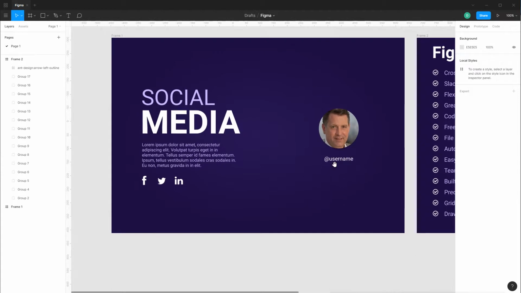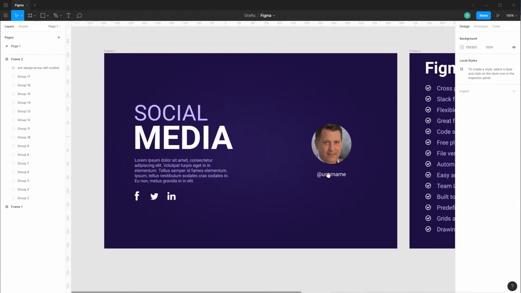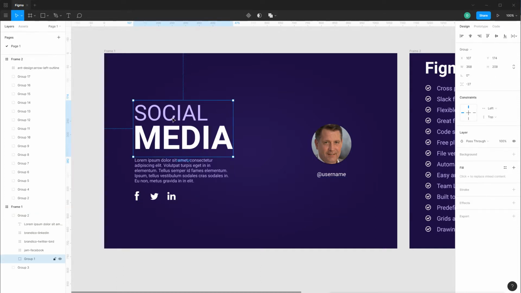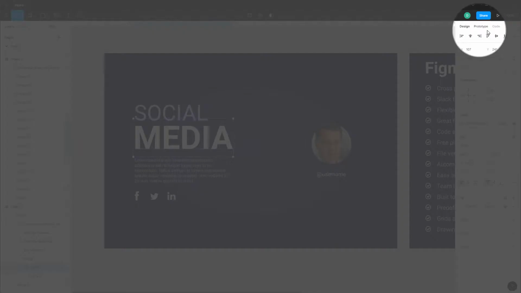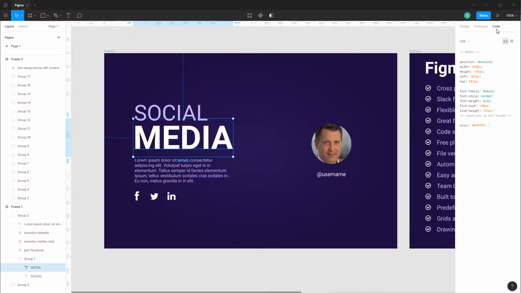So we have our design, and let's say someone wants to convert it into HTML and he wants to view the exact CSS properties for some particular thing. I will double click this thing and will go inside this frame to select this text, and let's see. We have got this area with caption code. If you go here, it will show you all the CSS properties being applied to this particular area of the